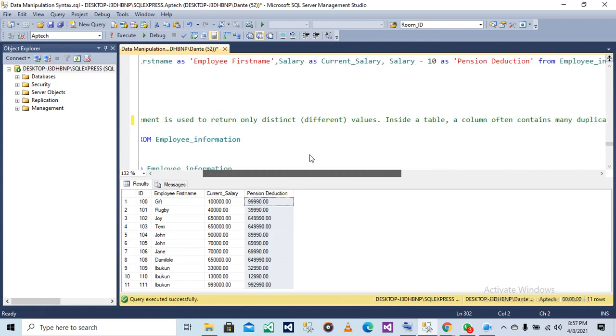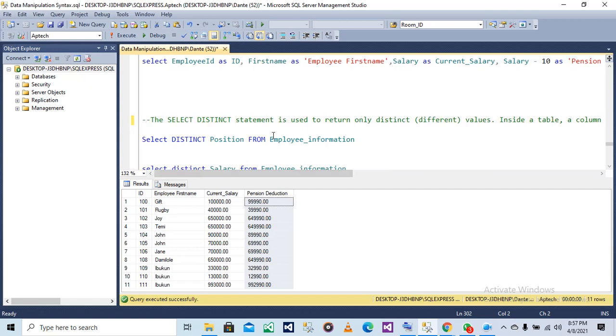What they mean, all this English, is that let's say you have four positions as accountants in your table. Using distinct with that column is going to bring out only one accountant in that table. So if I run this now: select distinct position from employee information.